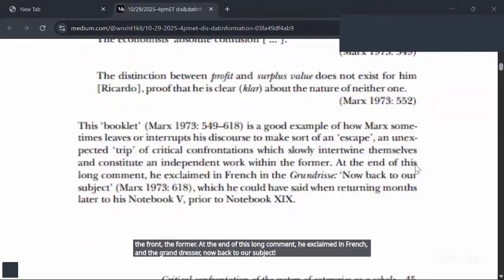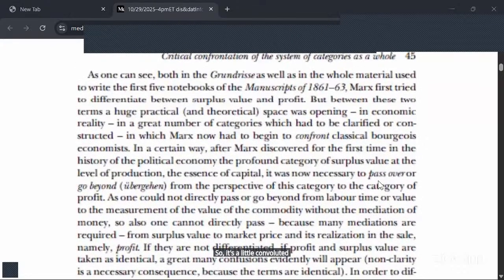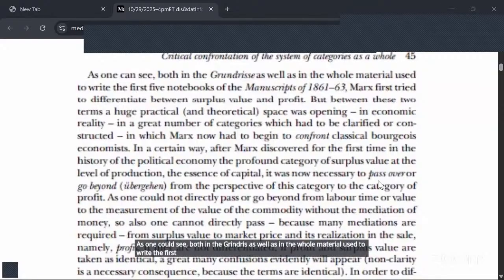just like what I do, which he could have said when returning months later to his notebook 5 prior to notebook 19. So it's a little convoluted, as you might imagine. We're on page 45 now. As one can see, both in the Grundrisse as well as in the whole material used to write the first 5 notebooks of the manuscript of